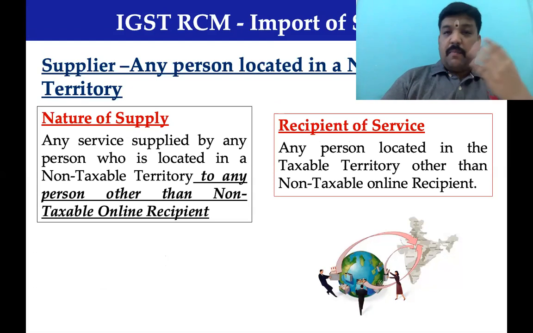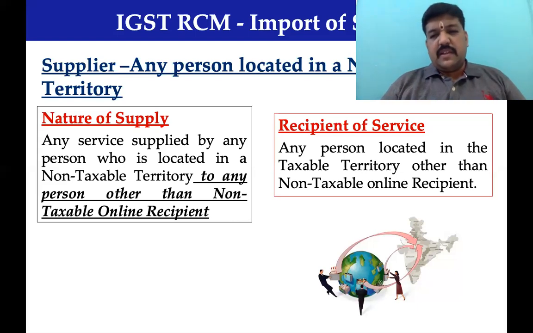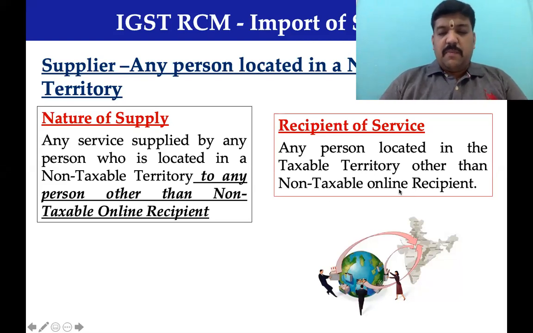I am posing 4 options. In case of import of service, let me repeat it, a very famous MCQ, once tested earlier in the exam. In case of import of service, import of service is an intrastate supply or interstate supply,